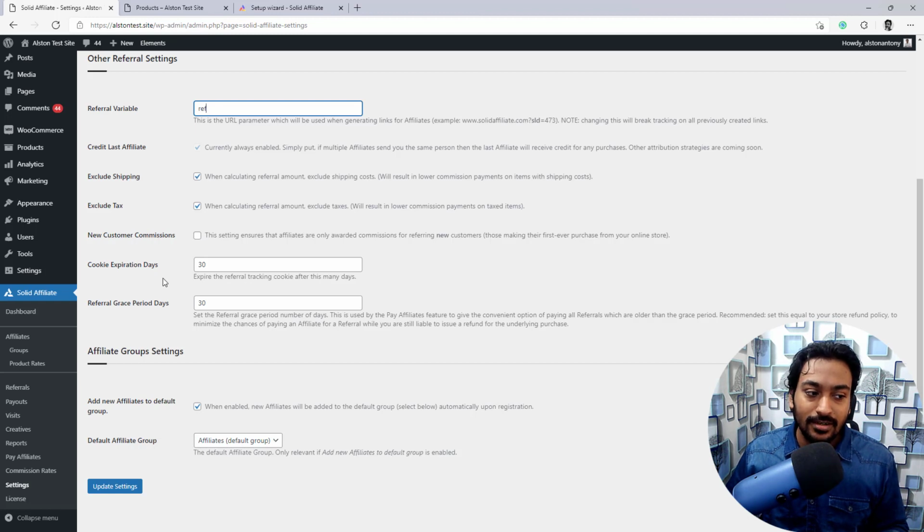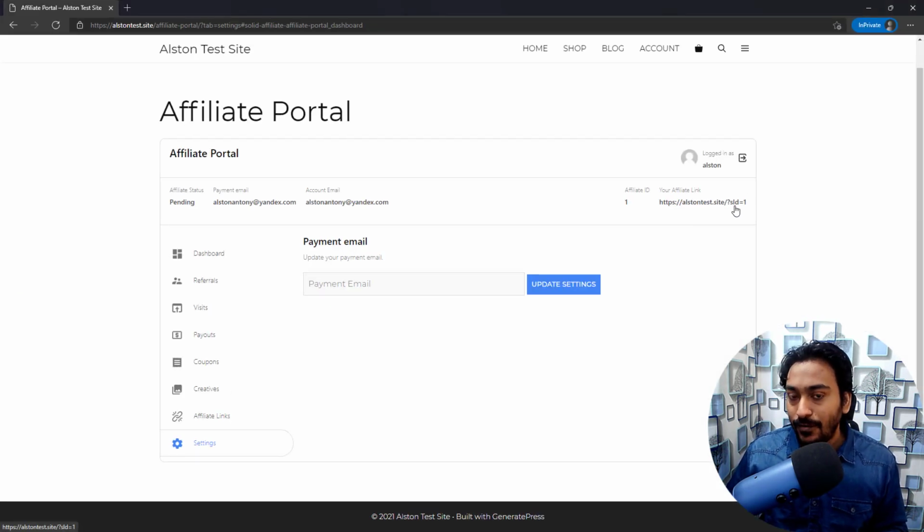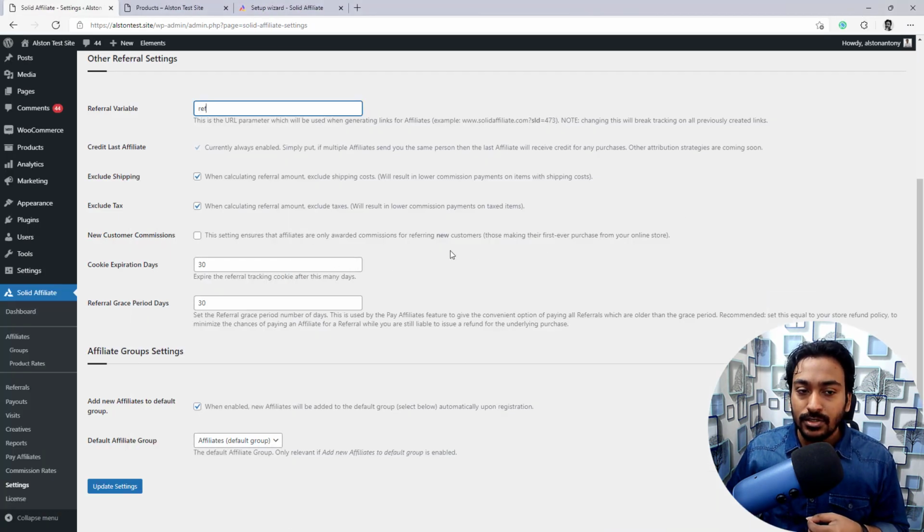Cookie expiration date is something I have shown you in the affiliate dashboard. This is the referral link. So let's say a visitor or a customer who's interested in purchasing your product comes through this particular affiliate tracking ID. This is the number of days for which that tracking ID is going to be stored in this computer.